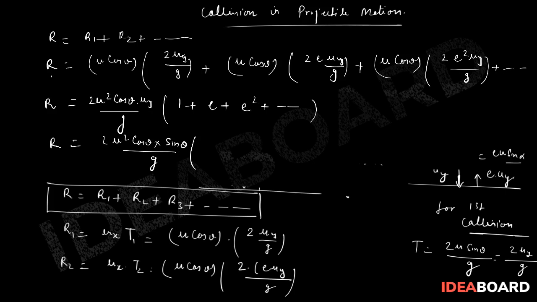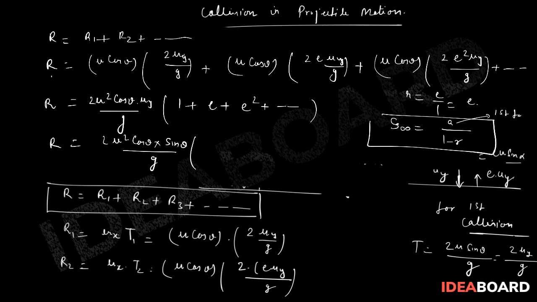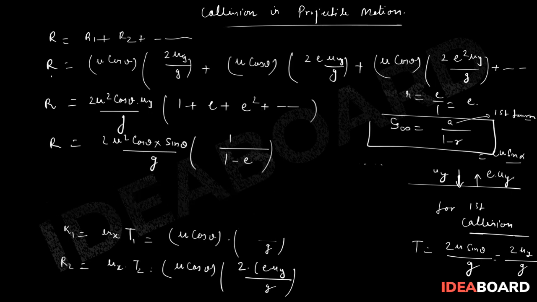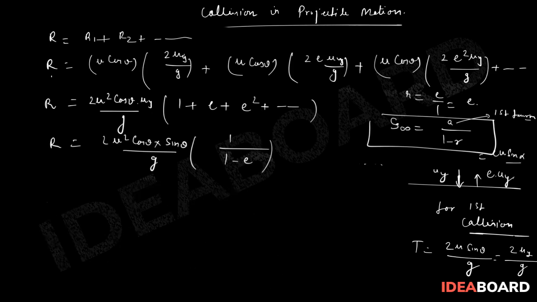Now what is the sum of an infinite GP? Here the common ratio is e by 1, which is e. The sum of an infinite GP is given by a upon 1 minus r, where a is the first term of the GP. So here the first term is 1 and the value of the common ratio is e, so this is 1 upon 1 minus e, and then I can solve it further in order to obtain the final answer,